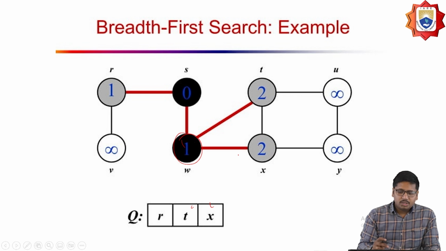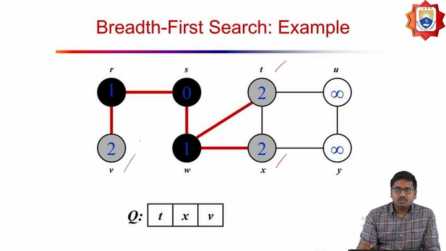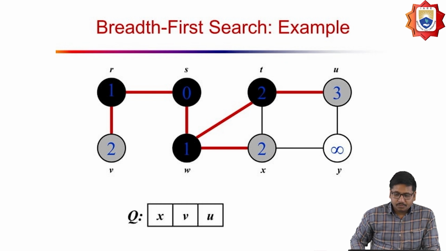Right? So once this one is pushed onto the Q, next I have to find what are the vertices that are connected to R. So that should be V. So V is going to be pushed. So T and already X, and then U. So this should be the next level of vertices in the graph. The next one,